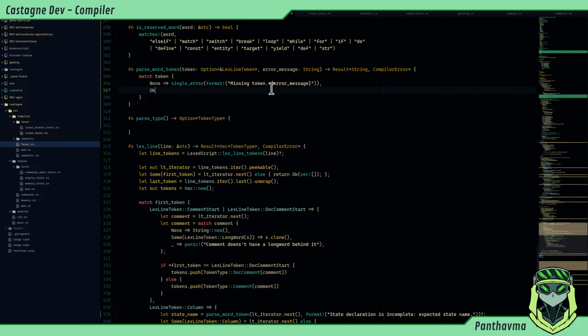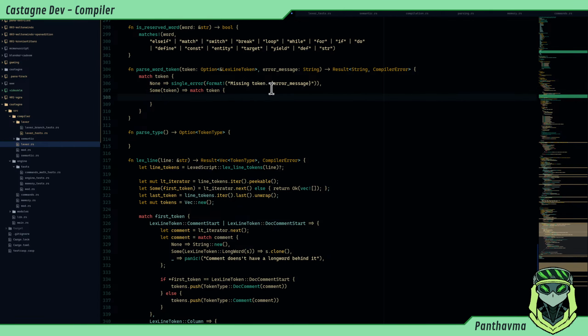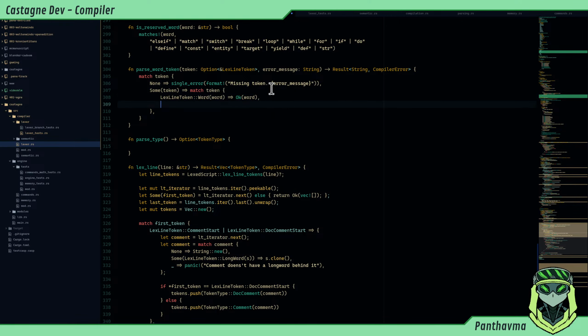If we got our sub token, we match again, I guess, that token. And if it's got, wait, no. Ah, yeah, we already got some, and now we got a lexline token, and if it's a word, then we return that word. Otherwise,